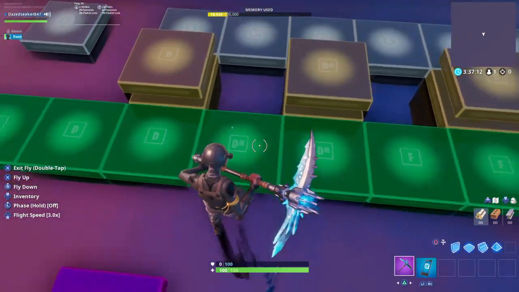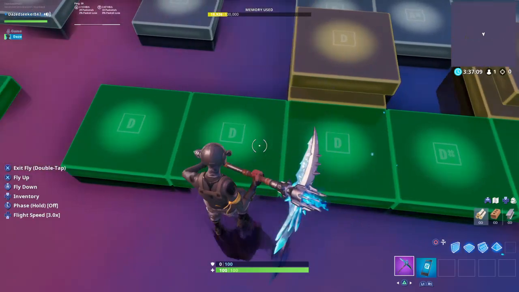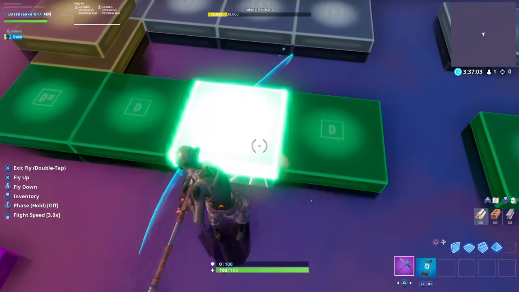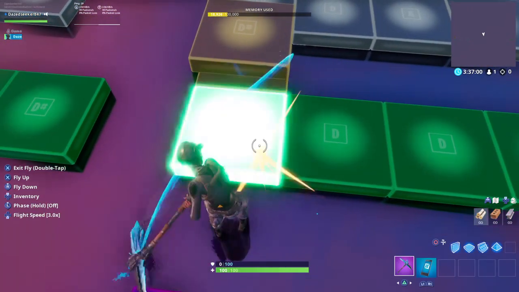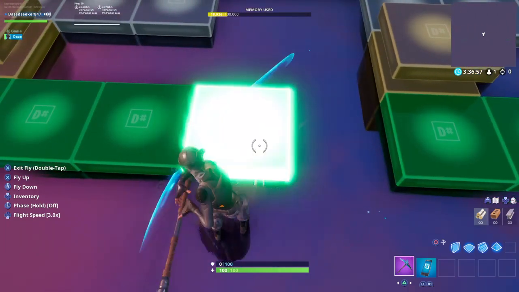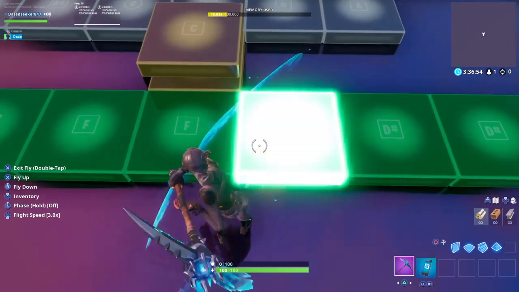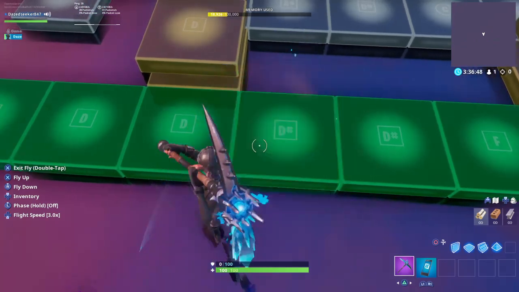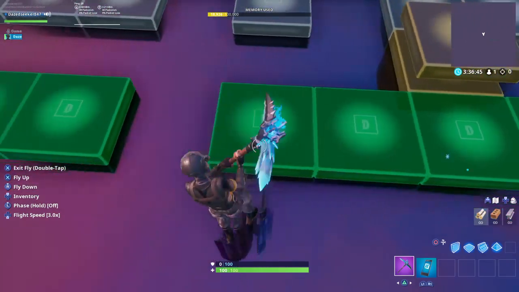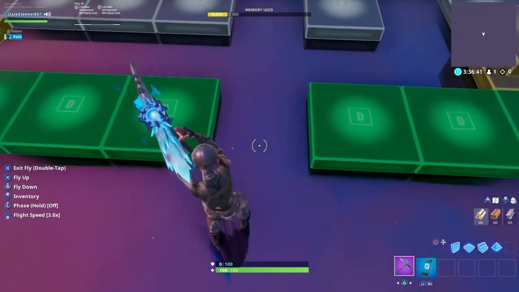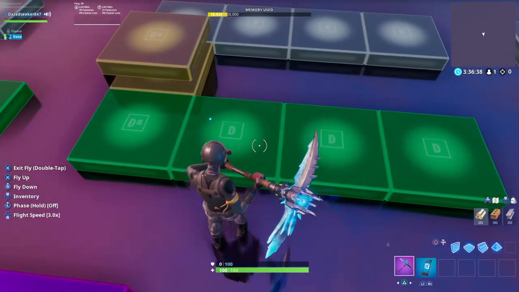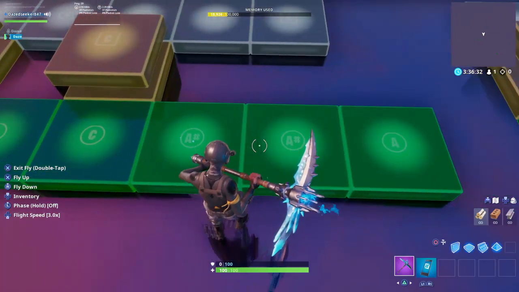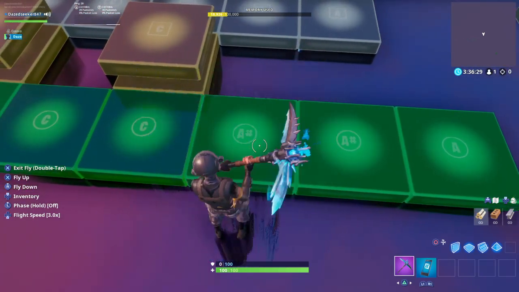D sharp square, another D sharp square, D square, D square, D square, a block space there, D square, D square, D square, D sharp square, space, D sharp square, D sharp square, D sharp square, F square, F square, D sharp square, D sharp square, D square, D square, D square, and then a space right here, D square, D square, D square, D sharp square, space, A circle, A sharp circle, A sharp circle, and then